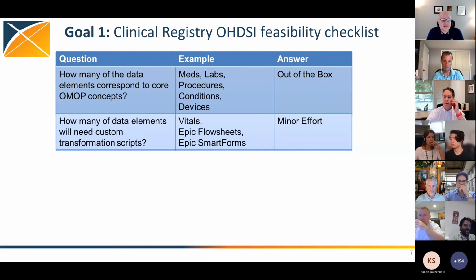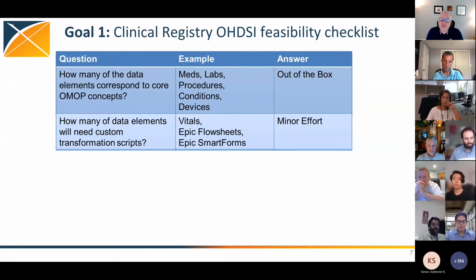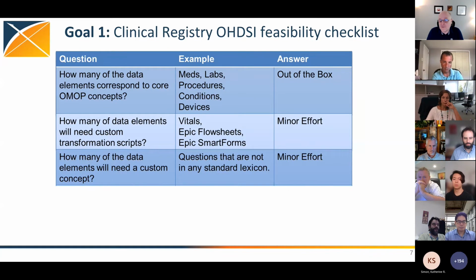And then there are some data elements that will need custom transformation scripts. A lot of data in an EHR is in a flow sheet or in a form somewhere, like vitals and smart data elements. And so custom scripts need to be developed to bring that data over. And then often with a registry, they might come up with custom concepts as well. We know the OMOP data model allows you to have custom concepts, but it requires coordination between multiple sites around a registry so that they're able to be consistent